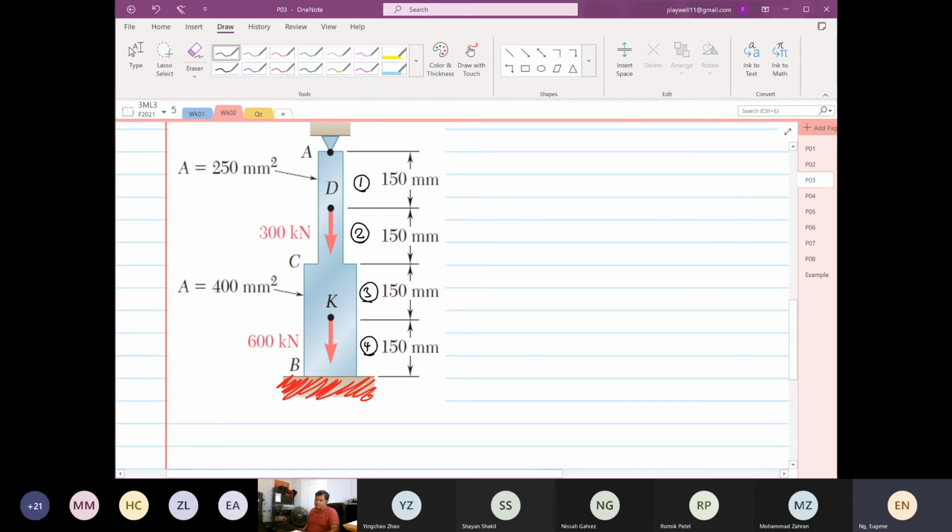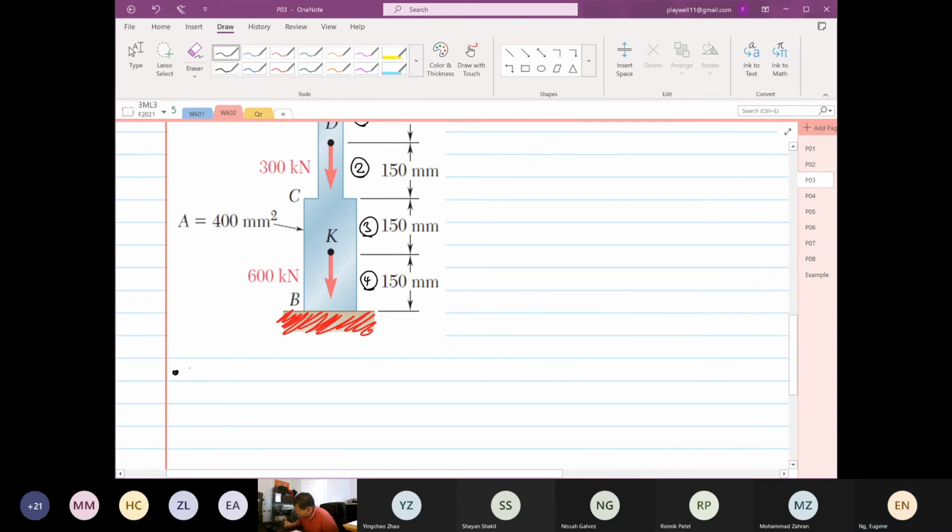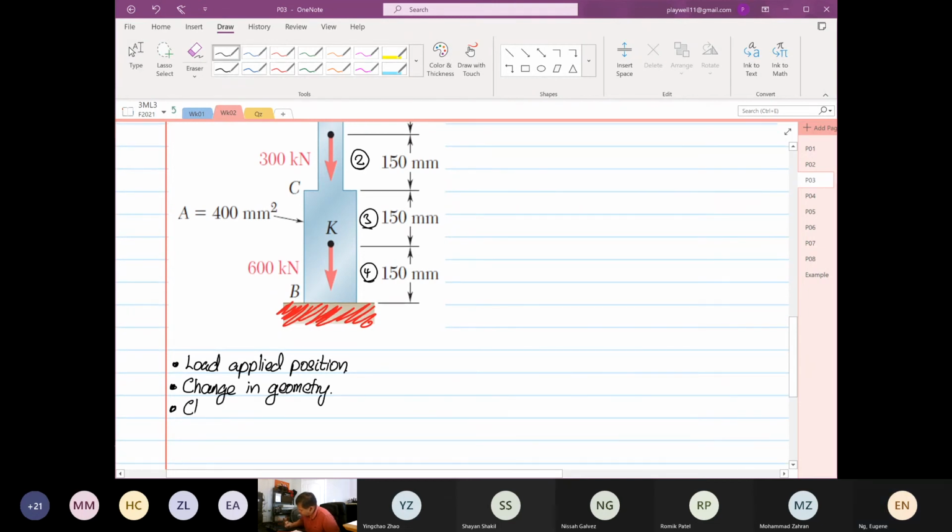What I taught you guys last week is dependent on three things, right? It depends on the load application point or position. It can also be due to the change in geometry. It can also be due to change in material. So in this question, I do apologize, I did not mention earlier, it's made up of the same